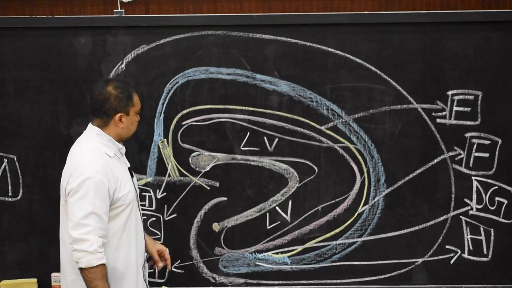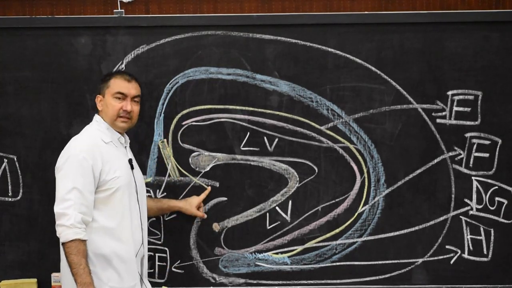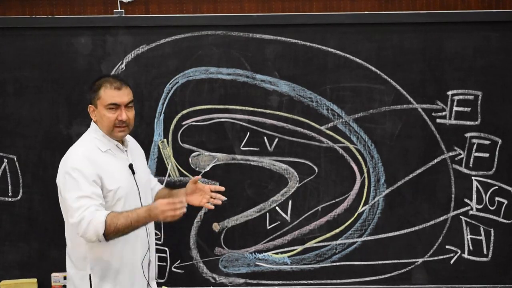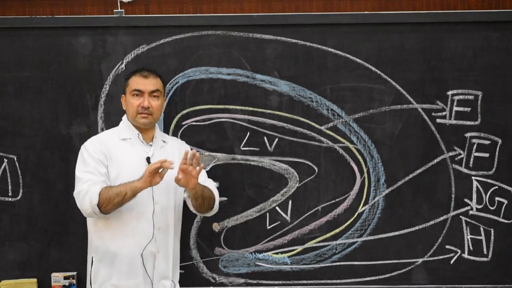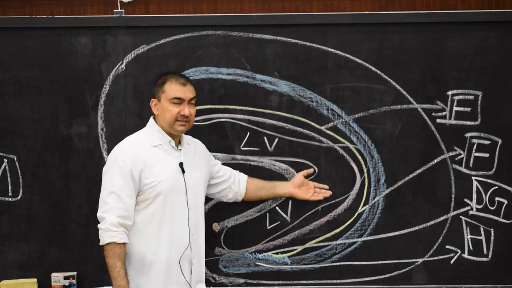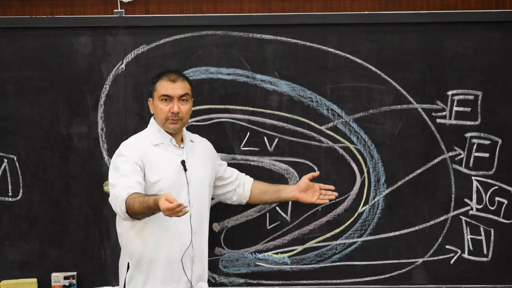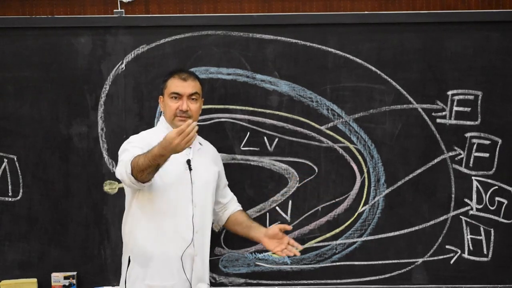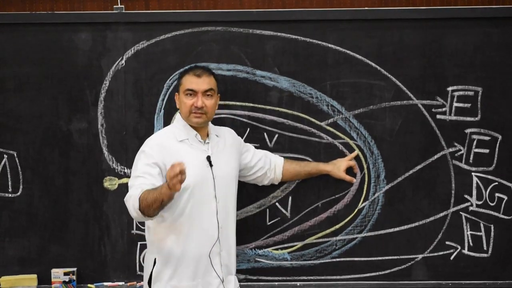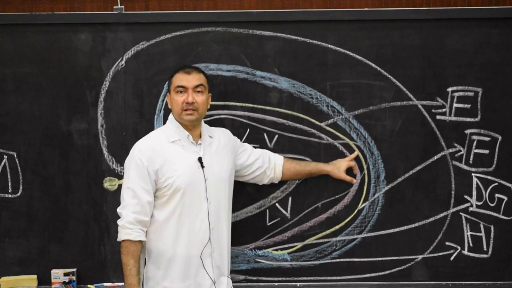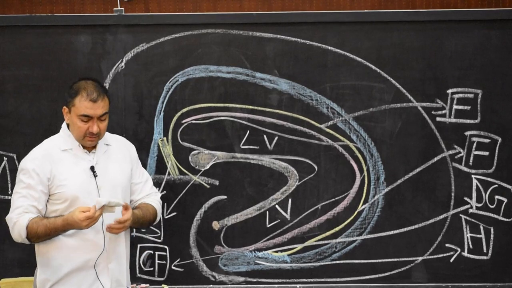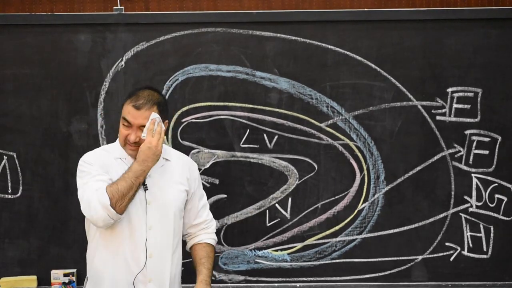And therefore, as the fornix has terminated where? In the mammillary body. What will happen is that some of the fibers of the fornix will cross with each other. So there will be a crossing of fibers from right to left. Since this is of one side, a similar structure will develop on the opposite side. If this is of the left side, a similar structure will develop on the right side. So some fibers of this fimbria and fornix will cross with each other, which is known as the hippocampal commissure.